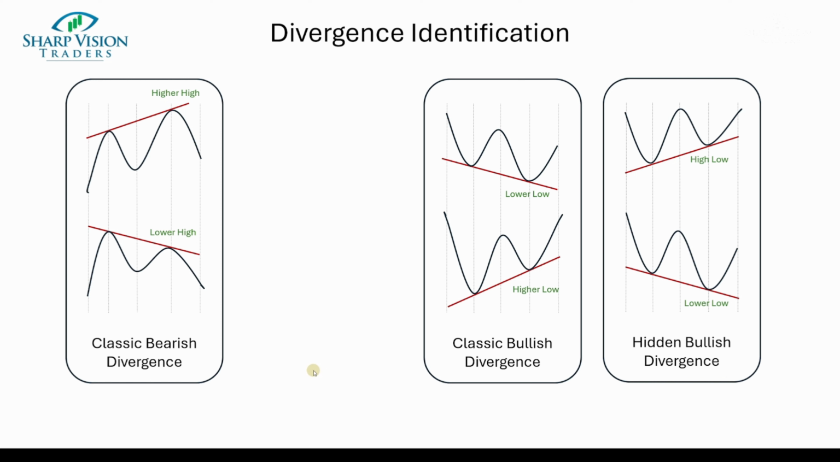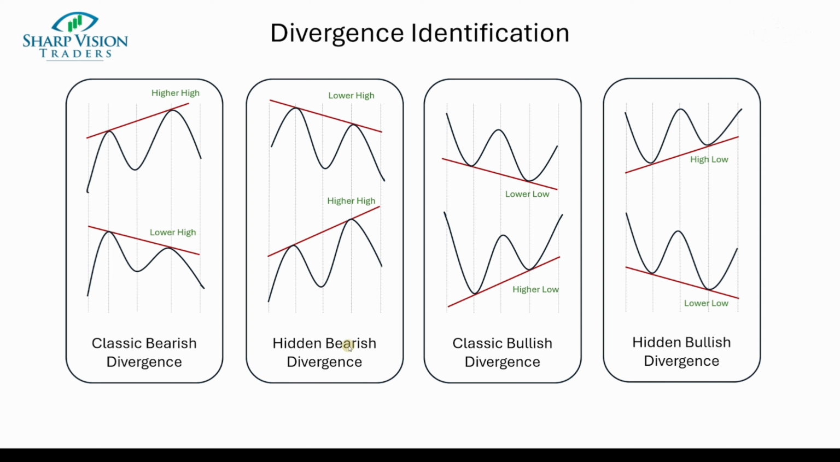within an uptrend. And finally, the hidden bearish divergence occurs when the price forms lower highs, but the oscillator forms higher highs. This indicates that while the price is consolidating or retracing, the underlying momentum is still bearish, suggesting a continuation of the current downtrend. Traders may use hidden bearish divergence to add to existing short positions or to enter new short positions during bounces